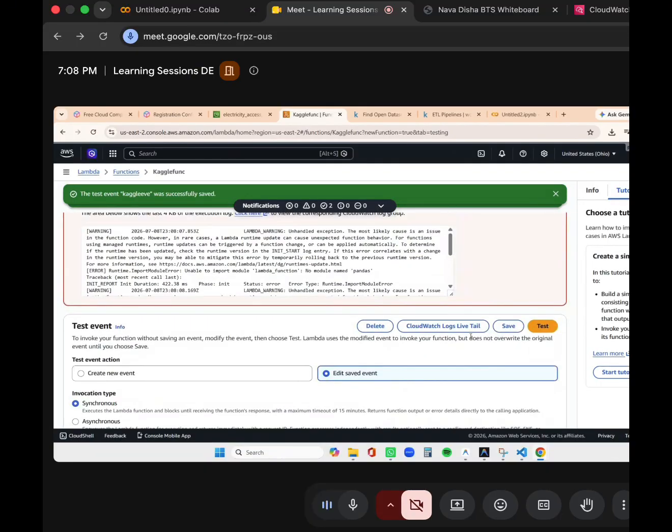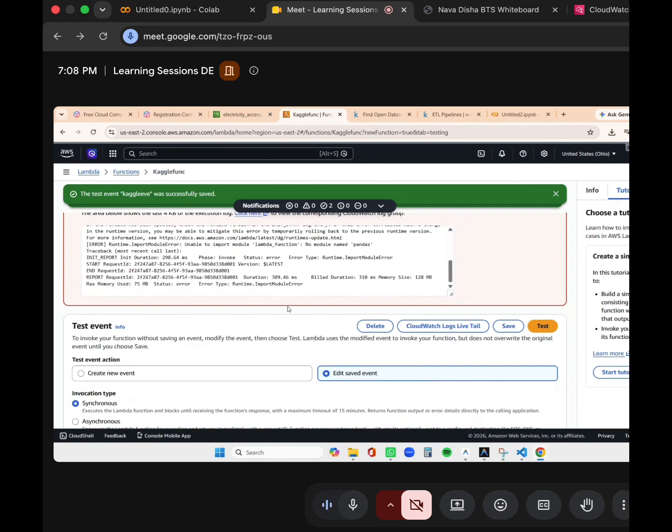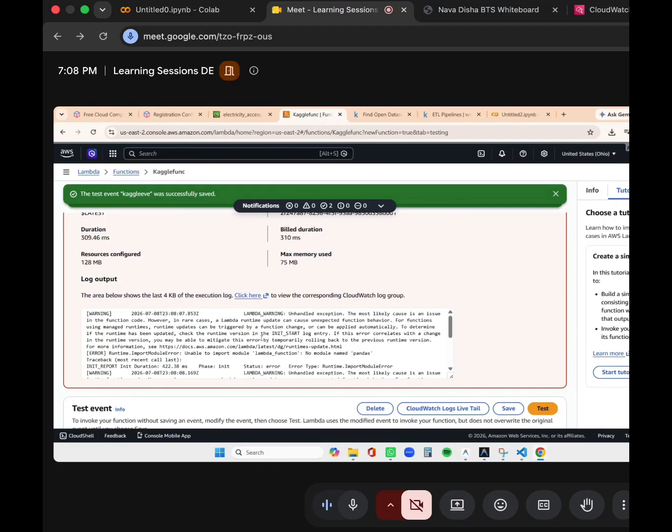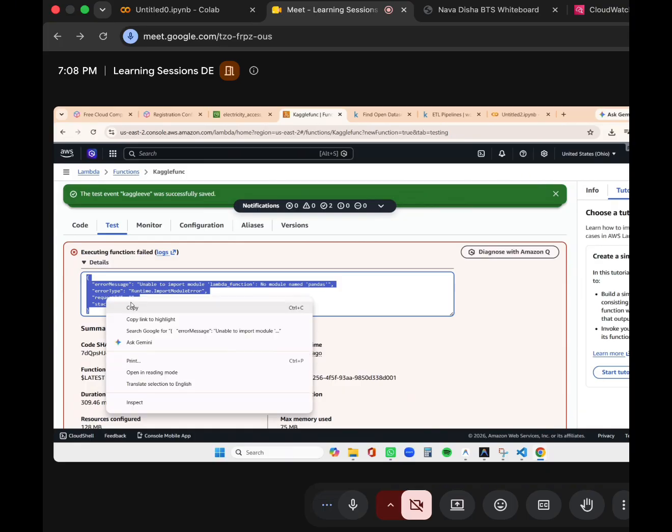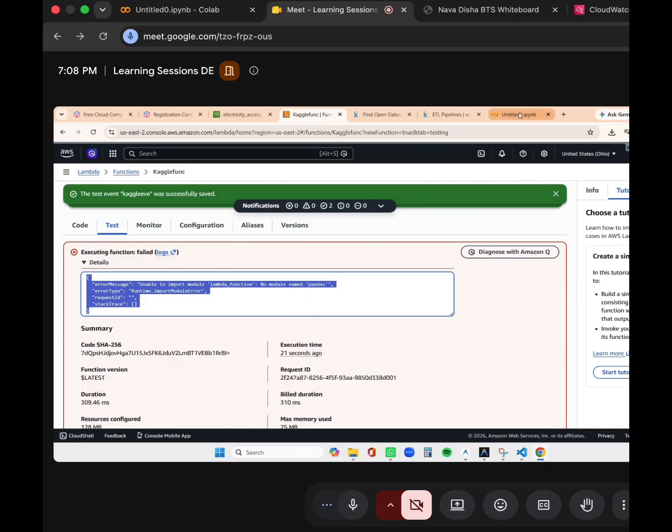Usually now you can debug. You can ask this to Google Colab, saying that the pandas module is not there in Lambda, because if I tell you, you can only debug it. Try to debug the error. How will you debug? Copy this and